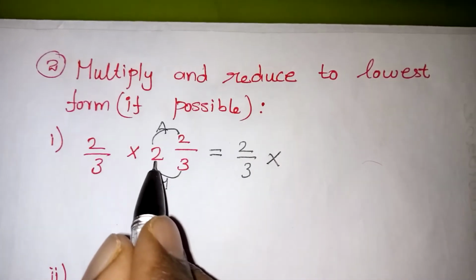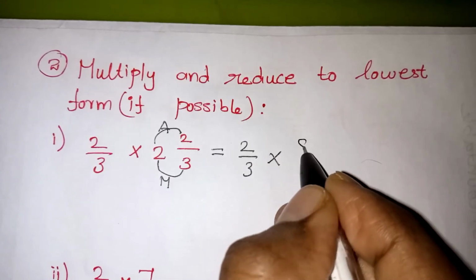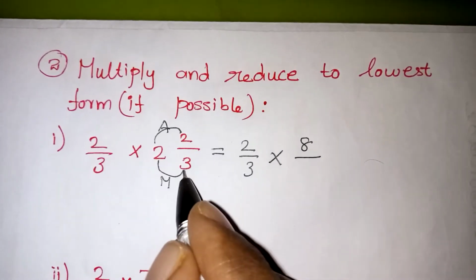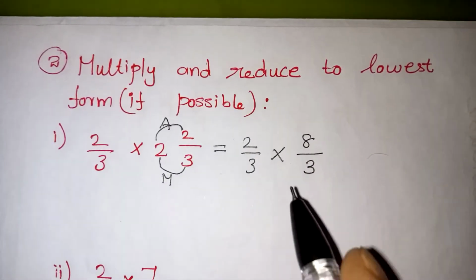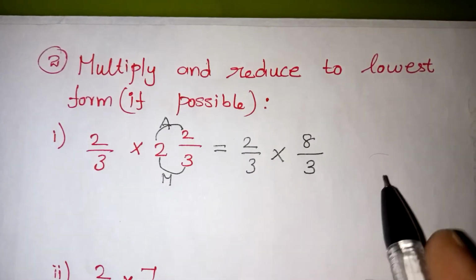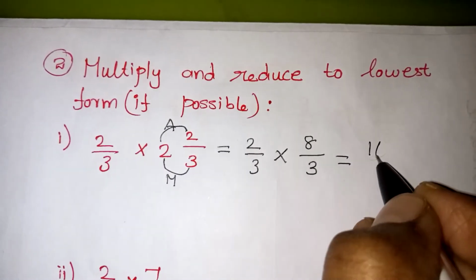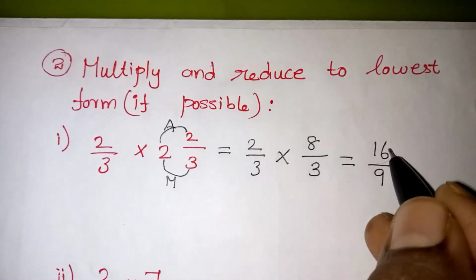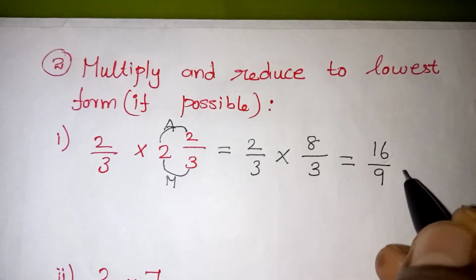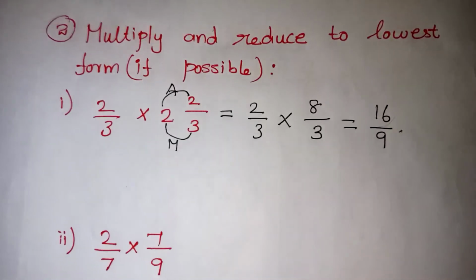3 2s are 6. 6 plus 2 will be 8. So 8 should be the numerator, divided by, here the denominator is 3. So here also you have to write the denominator as 3. So the numerator and denominator don't have any common tables also. So 2 8s are 16 and 3 3s are 9. 16 and 9 both will not come in the same tables. So you have to leave it as it is. We'll go on to the next problem now.